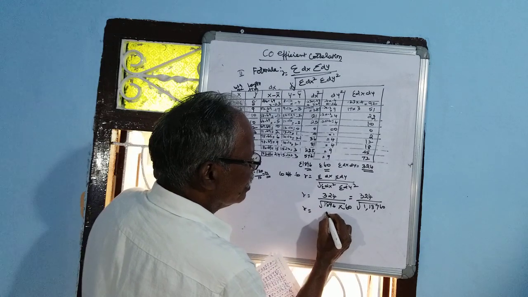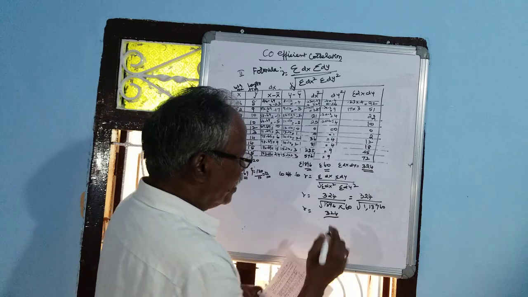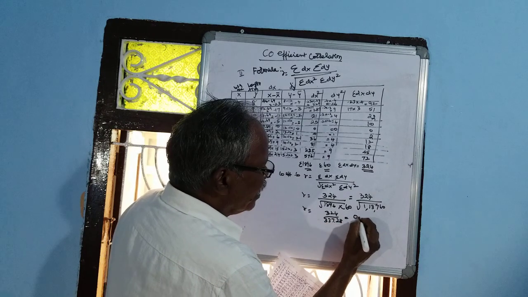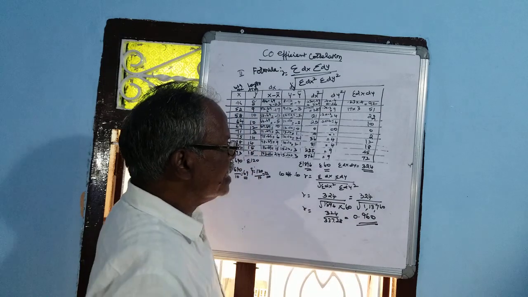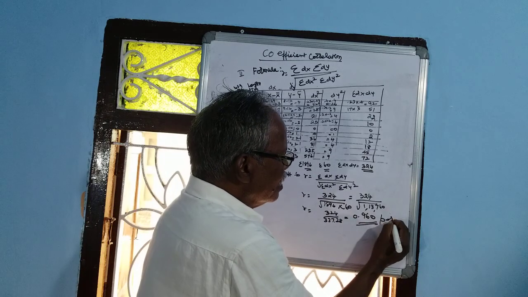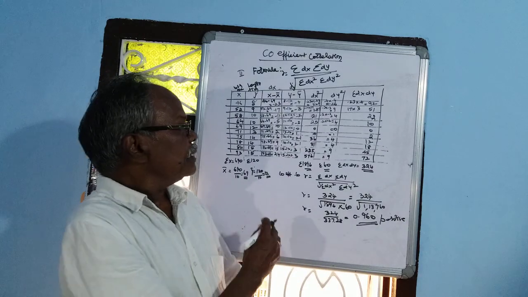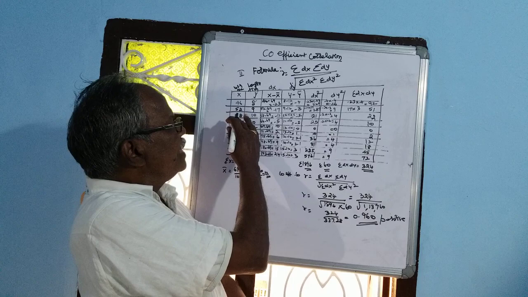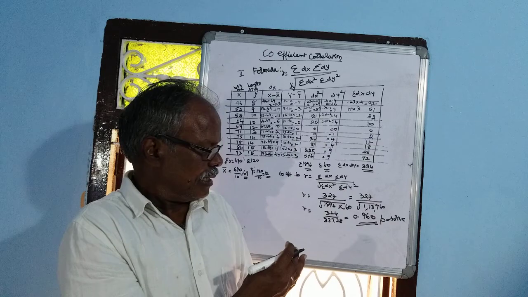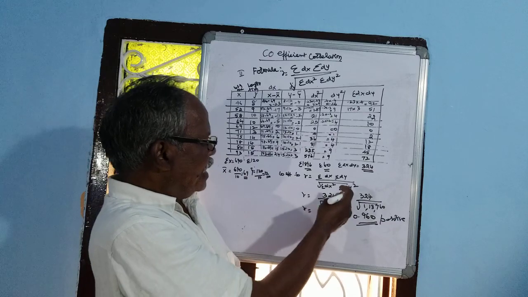Then R is equal to 324 over the square root, which comes to 337.28. 324 over 337.28 is coming to 0.960. So this is called the correlation coefficient. The correlation coefficient is positive, that is, it is almost equivalent to 1. That is, when the weight of the fish increases, simultaneously the length also increases to almost one time. That is what we have arrived at.